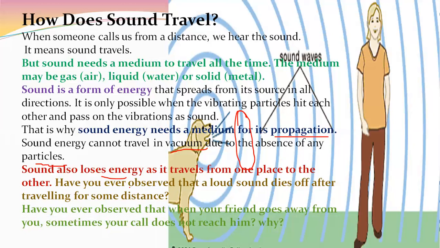Okay, so tell me, have you ever observed that a loud sound dies after traveling for some distance? Yes, definitely. For example, we are moving on a road and there is a car passing by our car. So what happened if it makes the sound like a horn? It makes the horn. If it is closer to us, there is a too loud sound. If it is farther away, it moves very rapidly and quickly, and it goes farther away. So what happened? The sound dies when it goes farther and farther.